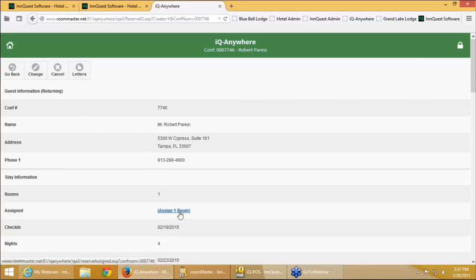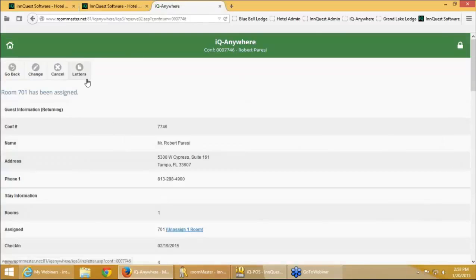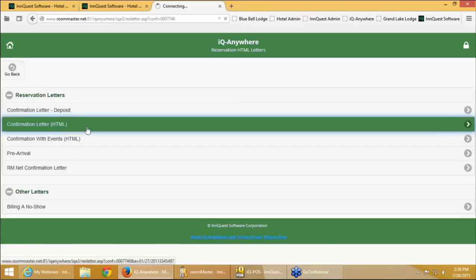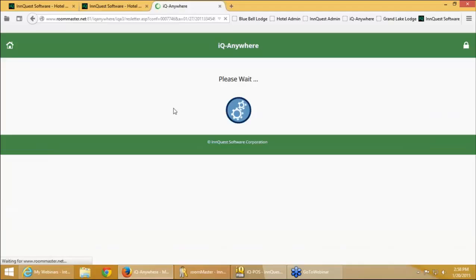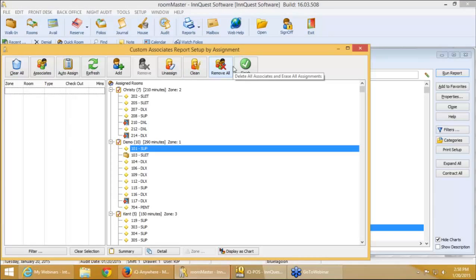At that point, I can assign a room. I can then send them a confirmation letter. So I can do all of that from my iPhone or my iPad that quickly. So you can see the power. Now it says the email sent. I give them the confirmation number 7746, and then if I go into roomMaster,